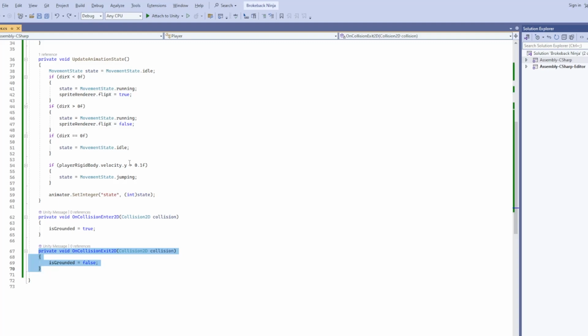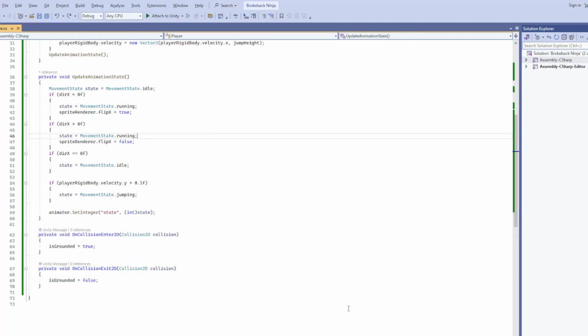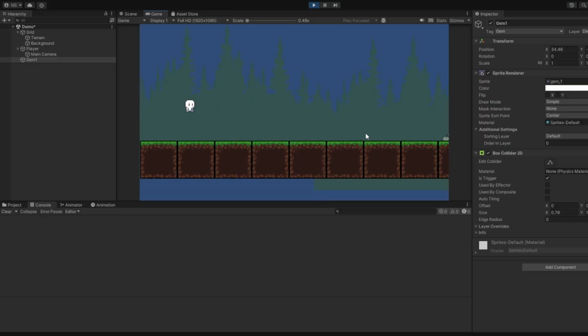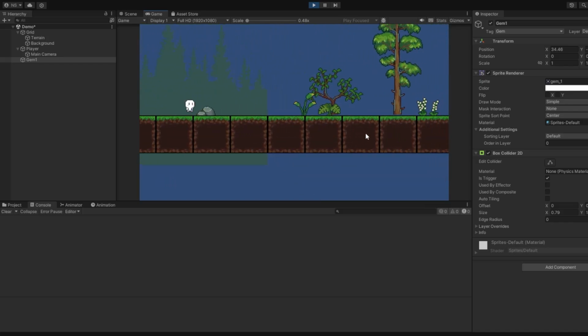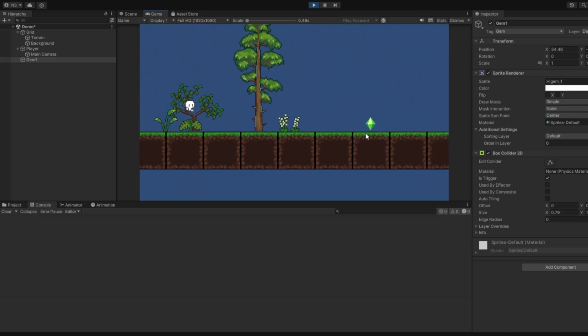So yep. And then yeah, so here we have placed a few gems for the player to collect, and as you can see,